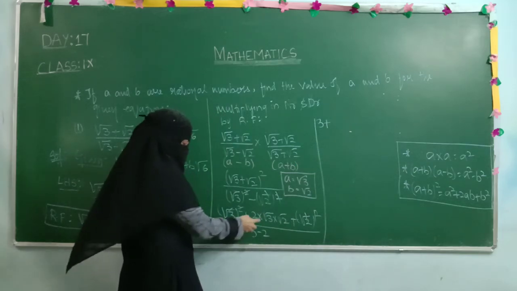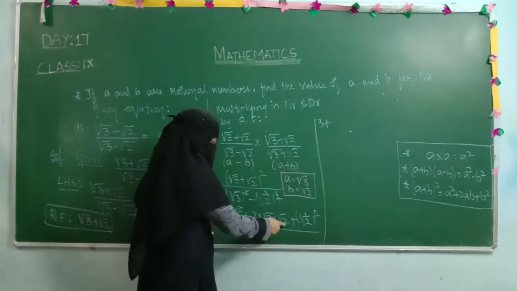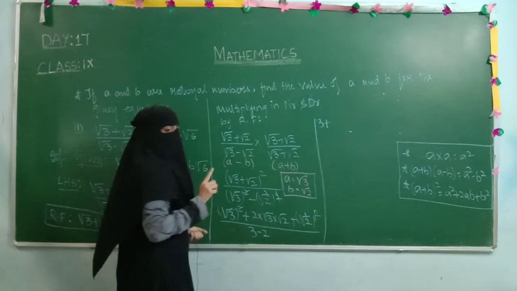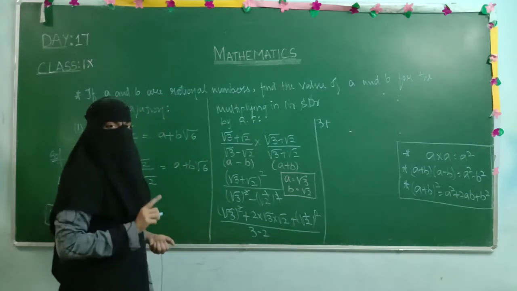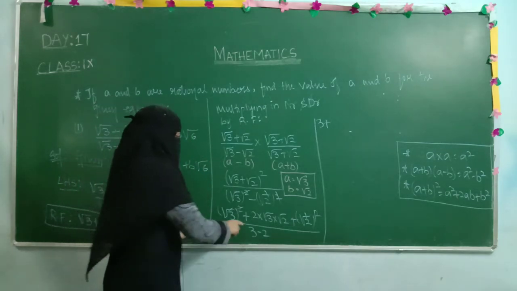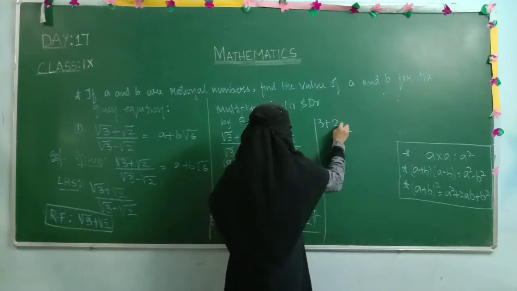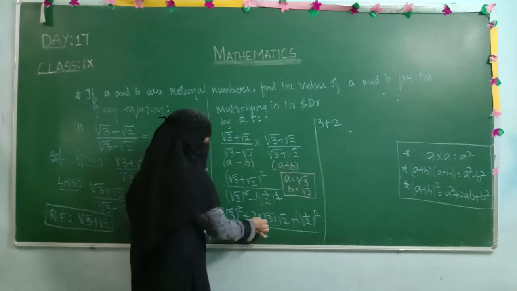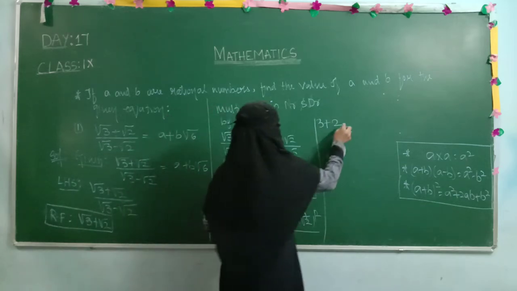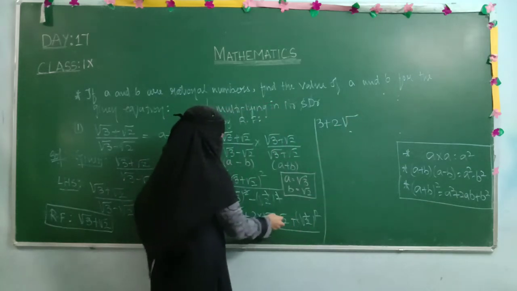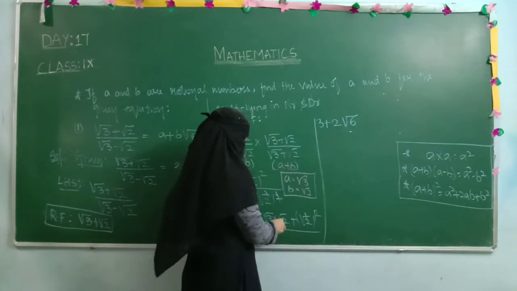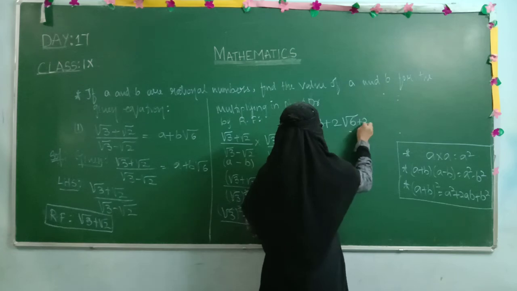So 3 plus 2. Now what you are observing here, this is root 3, this is root 2. Under the root we have different terms. We have to write the root one time and multiply the numbers. The number outside I will keep as it is, 2, and this 2 I am multiplying here. Root one time we have to write, then the numbers we need to multiply: 3 into 2 is 6. 2 root 6, then plus 2.